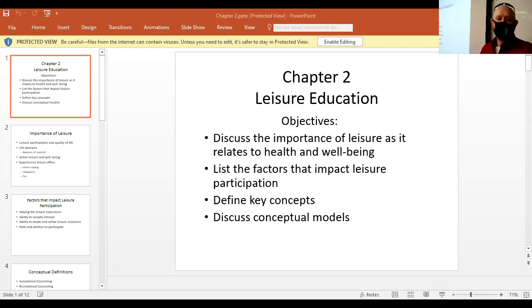7 content areas of Datillo's model of leisure education. Number 1, to appreciate leisure. I think everyone should. Some people don't. Like I said, with my oldies that I worked with at the Park Commission, a lot of them really didn't appreciate leisure and make the most of leisure. And the thing about it for us in this room, whether you realize it or not, leisure is a big part in that recharge. Even if leisure for you is reading a book.